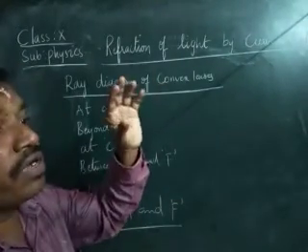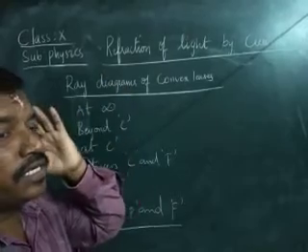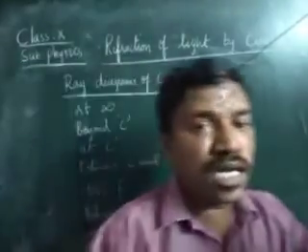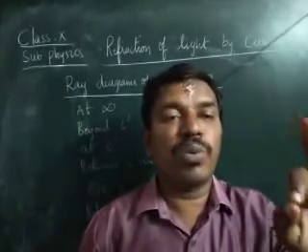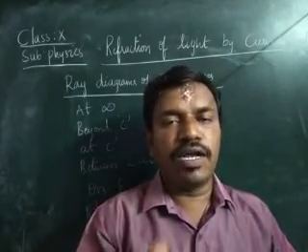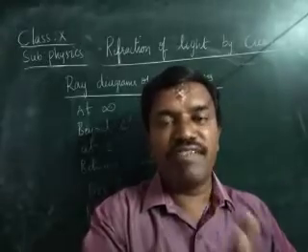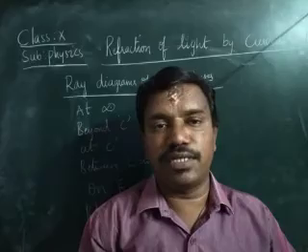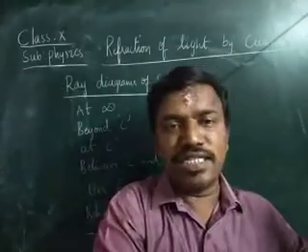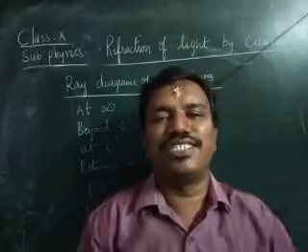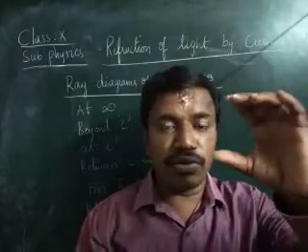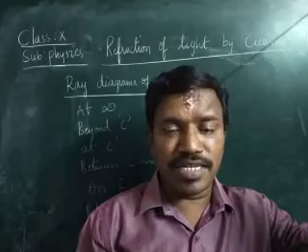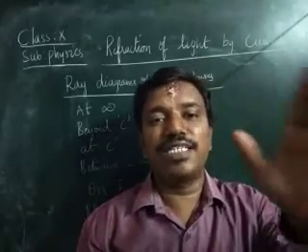But here, compulsorily, concave mirrors. Concave mirrors' properties will be equal to the convex lenses. Concave mirrors have 6 positions, and convex lenses, not concave lenses, also have 6 positions. Concave mirrors are equal to convex lenses. Compulsorily, you should make a note and remember this: concave mirror properties are equal to convex lens properties.